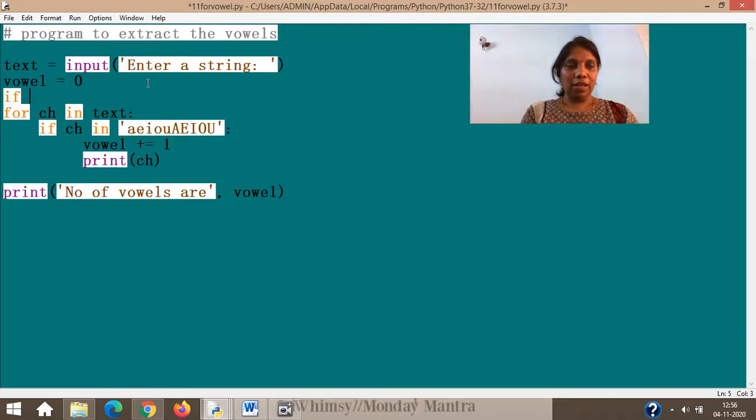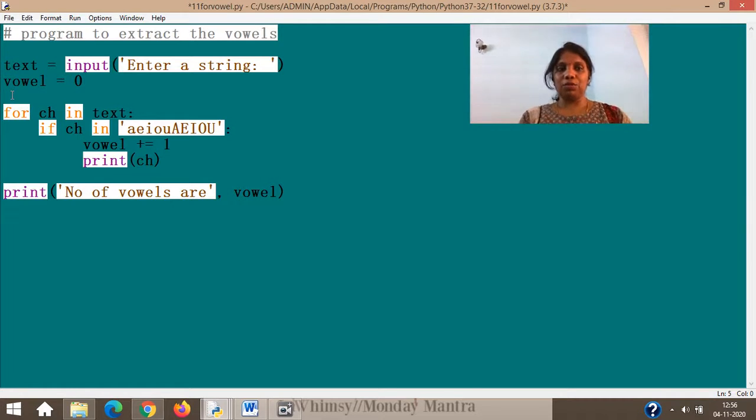That can be done here only when you get the string's value properly, because we assume that the string will be getting only alphabets, so the range value may not be checked over here. Remember the range, this one, that cannot be checked here. You cannot put text greater than or equal to a, because text is not a single character. So that range checking cannot be done, but there are options to check whether the values in text are alphabet or not, but that afterwards. Okay,